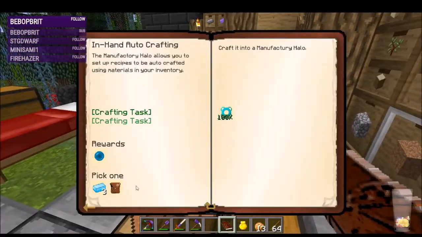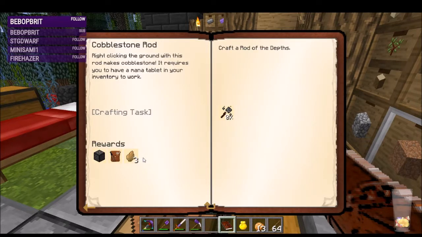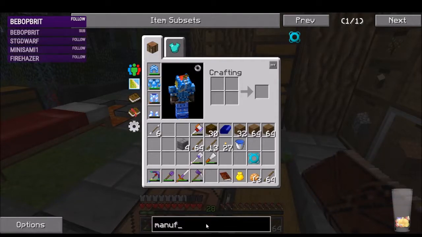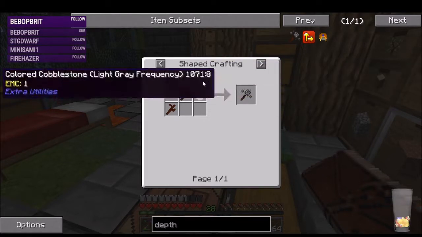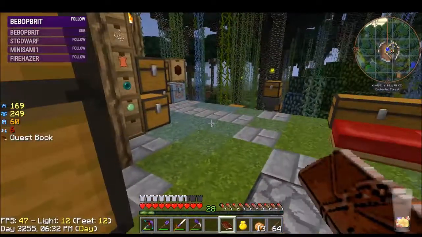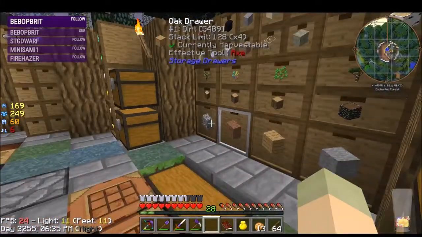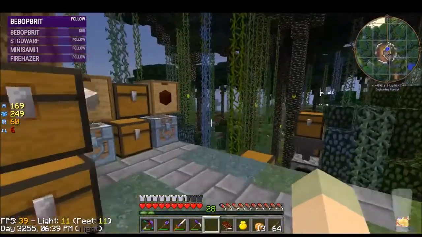What's next? Higher tier runes we're gonna wait on. The cobblestone rod. Rod of the Depths. What does it need? It needs water and fire. Cobblestone, 2 living wood twigs. I have to get the cobblestone. And we can grab